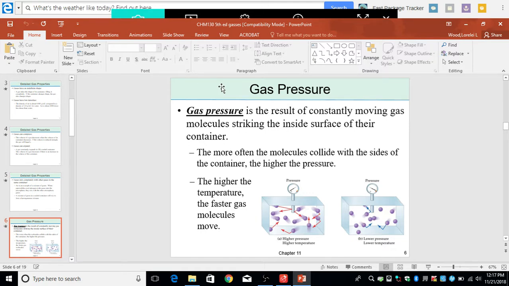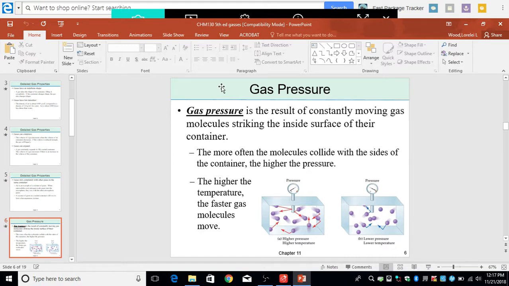Gas pressure has to do with molecules bouncing around. So we have to kind of change our paradigm and how we're thinking about things. We have to think about things now not in solid state, not in liquid state where you have aqueous solutions and they're rolling around. Now they have complete random movement. We're going to talk about physical properties of gases, and one of the few things we can actually measure about a contained gas is its pressure.